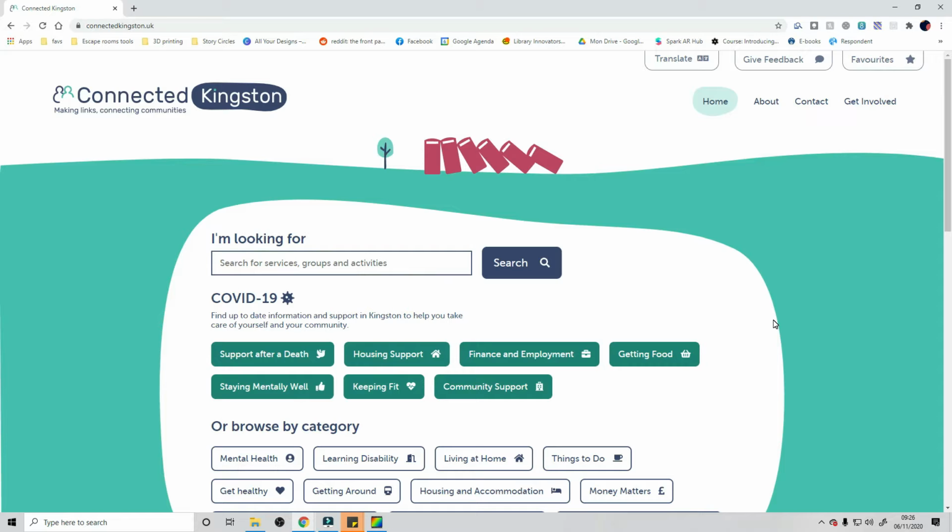So the main aim of this website is to help residents of Kingston stay happy, healthy and connected to each other. So it's going to be a great tool for everything you want to do in Kingston or any help that you might need. It can be from helping you stop smoking to connect with a craft group to even get support if you don't have enough resources to buy food. So you really have everything on it, and especially in this very difficult time of COVID-19, it's going to be really important.